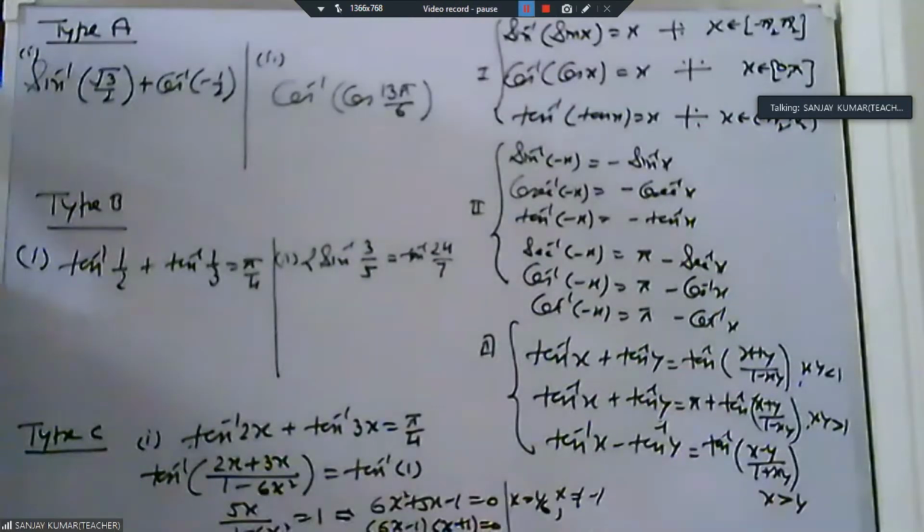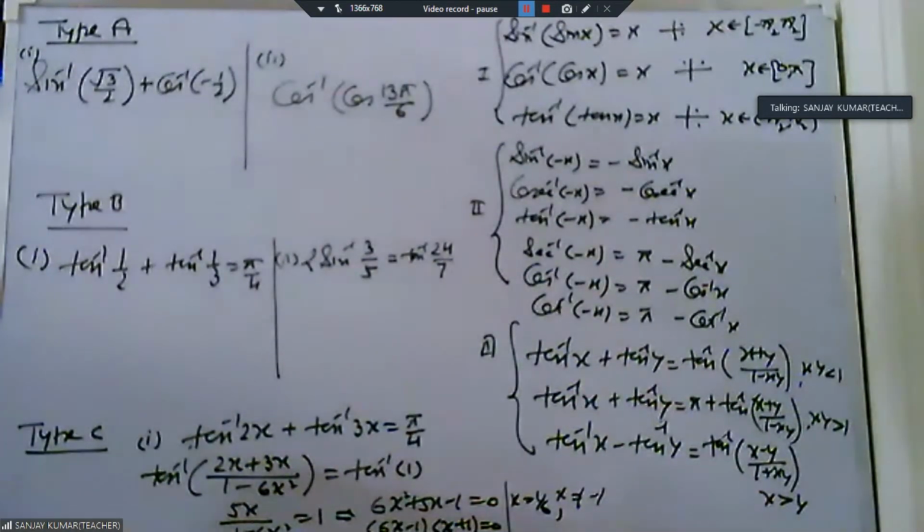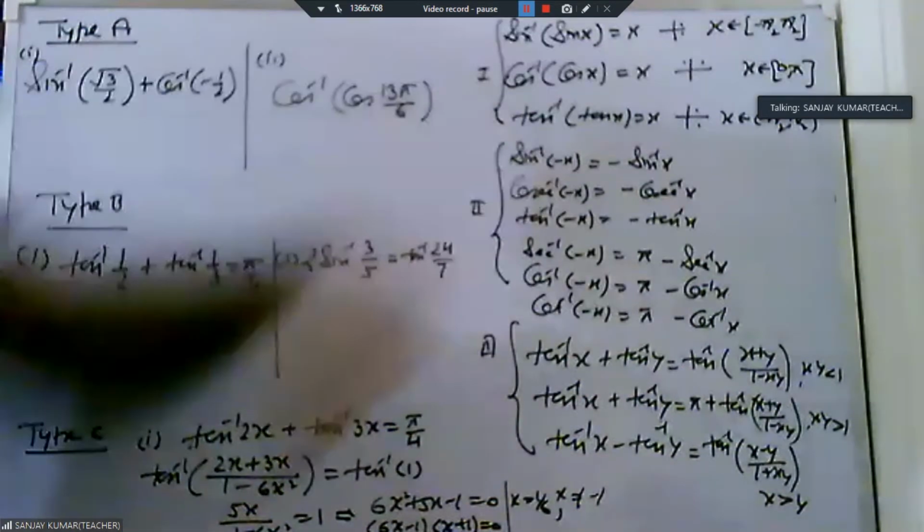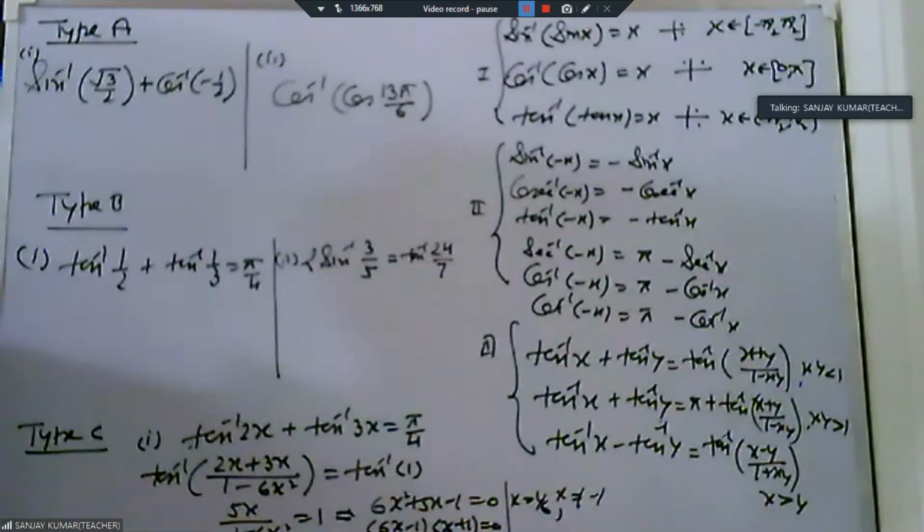Pi, if you take sine inverse 0 to pi, then you have a problem. In 0 to pi, sine 45 and sine 135 have the same values. So if two values of x have the same value of y, that means x has two values of y, which is not a function, that is called a relation. So for minus pi by 2 to pi by 2, for every x, the sine has a unique value. So we say it is a principal branch.